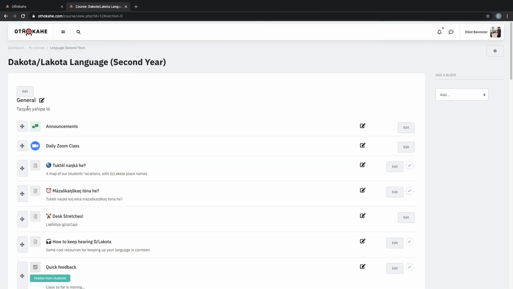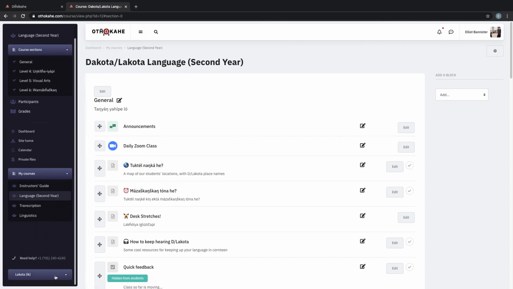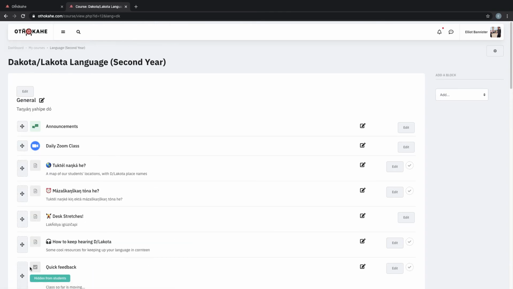Here it's displaying the Lakota variant, Dayaya Hipelo, and that is because as a student I have the Lakota language selected in my sidebar. So if I was to change that to Dakota, I want to focus on learning Dakota now, I'm going to see Dayaya Hipedo. So this is super useful for things like vocabulary lists, maybe conversations that we're demoing,